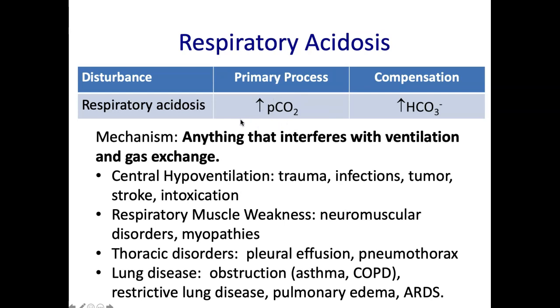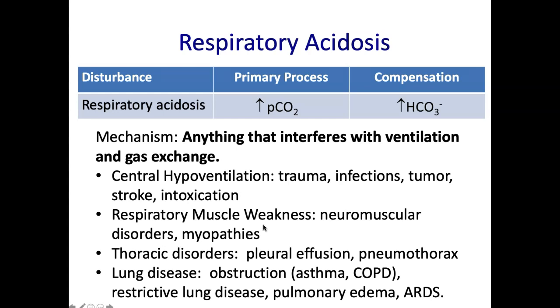We are normally ventilating off this 15,000 millimoles of CO2 per day. This problem is because something is interfering with ventilation and gas exchange, okay? And this is kind of an interesting differential. You have to run through it and say, well, geez, is it because the brain is not working well? Is there trauma or an infection in the CNS or a tumor or a stroke or something affecting the medulla and preventing the patient from appropriately ventilating, okay?